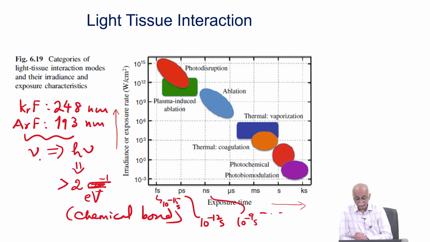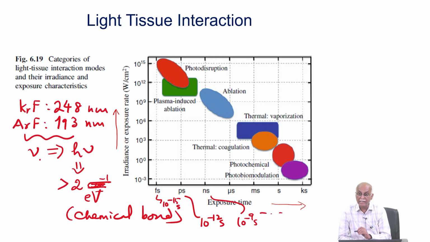So for example, when the pulse width is long or it is a continuous wave laser, the intensity will be of the order of a few watts per centimeter square, and it will end up with